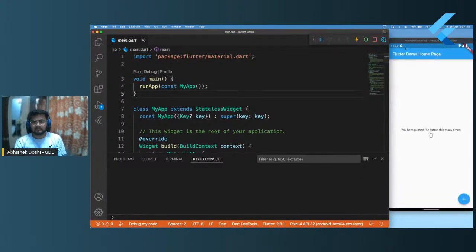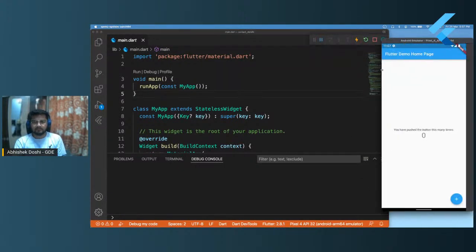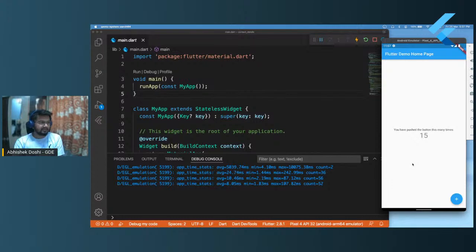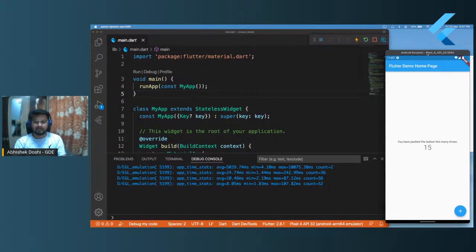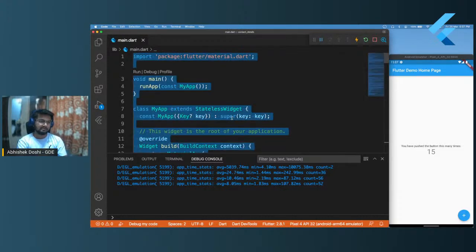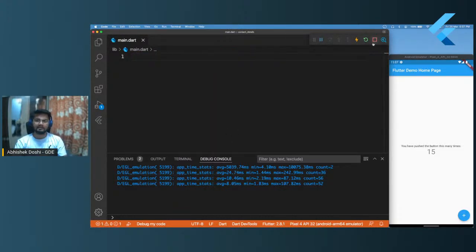So yeah, you can see the application over here. There is just a center text where we have 0. If I click on the button, it increases the value. This is the basic application that we get when we create any new Flutter application. Now, first of all, let's just delete everything, terminate the application,